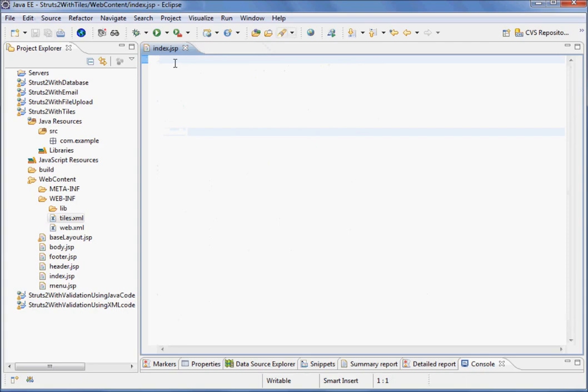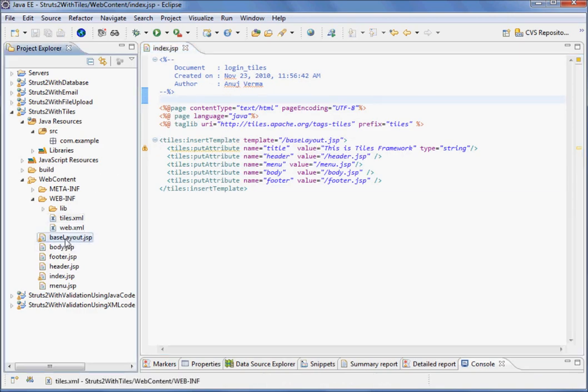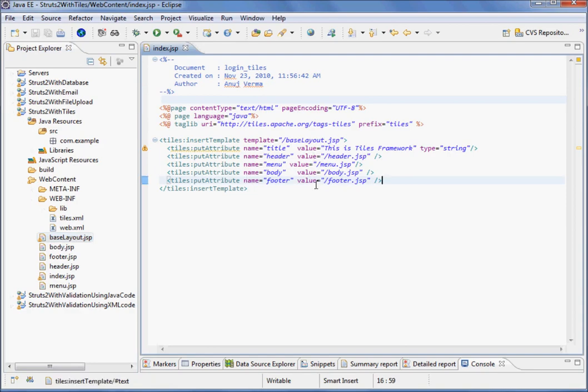Next is the index. Now what will we put in the index? Paste it here. So now you can see here, this is my index page. What are we doing in the index page? We are just writing tiles insert template. So we are using this base layout template, whatever we have mentioned here, right? And then we are saying title. This is my first title and all. And then we are saying header, call header.jsp, menu, menu.jsp, body, body.jsp, footer, footer.jsp. So that file will get invoked, right? So we have done that now, and